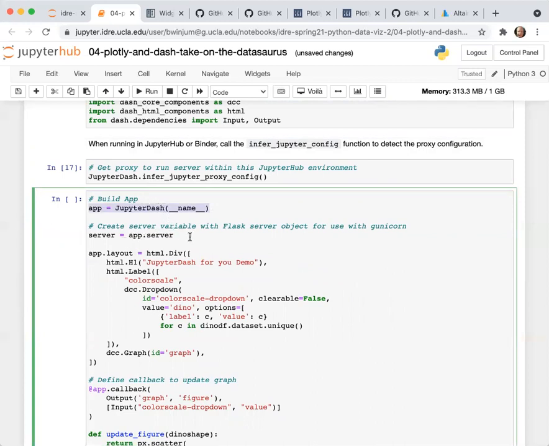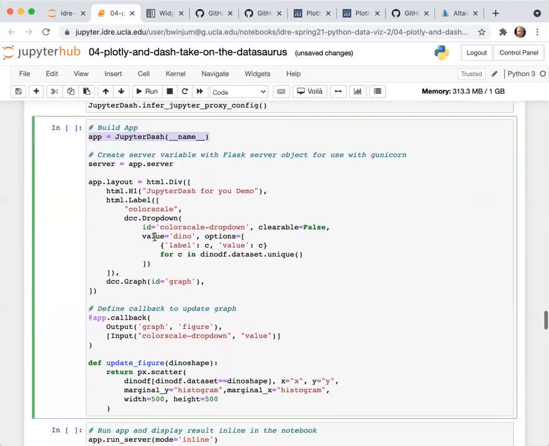We create a server, which is like the Python web server object. And then to this app, we build on various pieces into it. So this is the HTML div object. If you know HTML code, it helps to be familiar with what some of the HTML objects are.